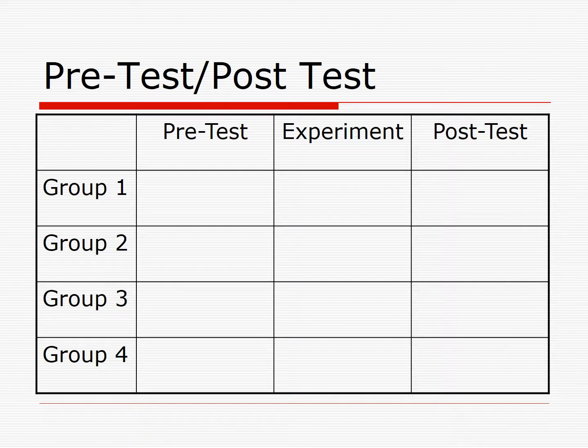When it says group 1, 2, 3, 4, those are 4 different groups of subjects in a given study. So you might have 40 people in group 1, in which case you'd want to have about 40 people in group 2, and in group 3, and in group 4. So when we say groups, these are people, those are the groups of subjects. And so each group only experiences certain things different from what other groups experience,